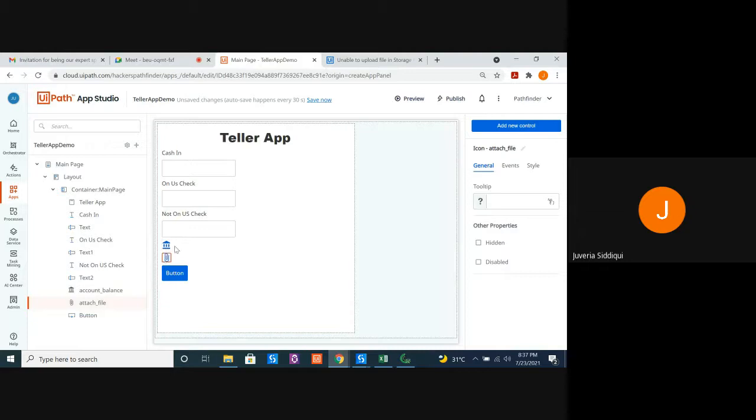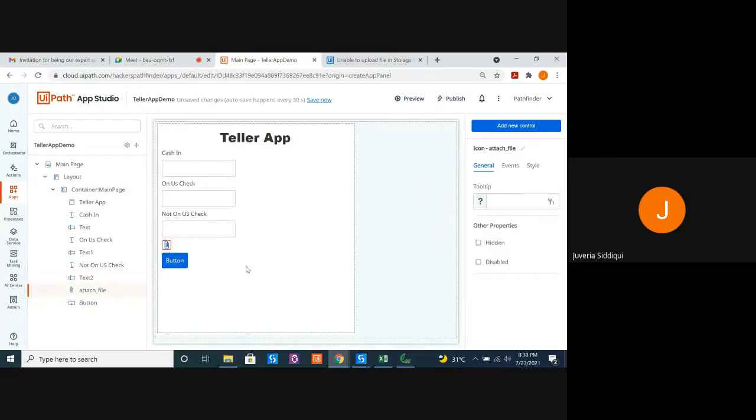With these 2 icons, as soon as the user clicks on this, a file is attached and uploaded over here. As soon as the user clicks on this, it goes back to the home page, if we had a home page for our application. For all these purposes, you can use an icon. It's interchangeable with a button.